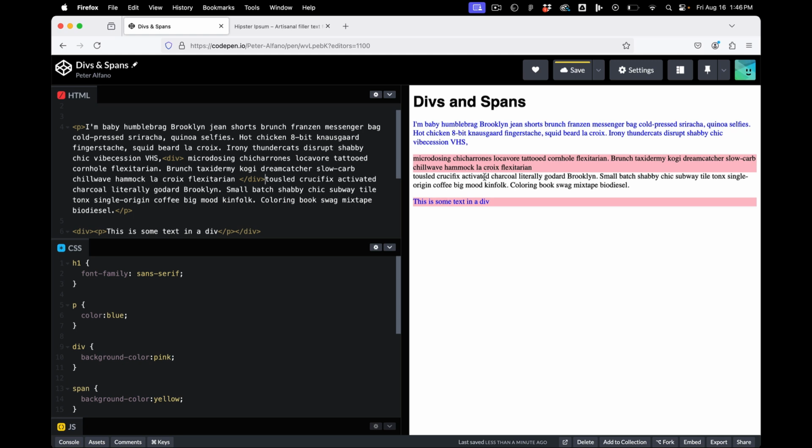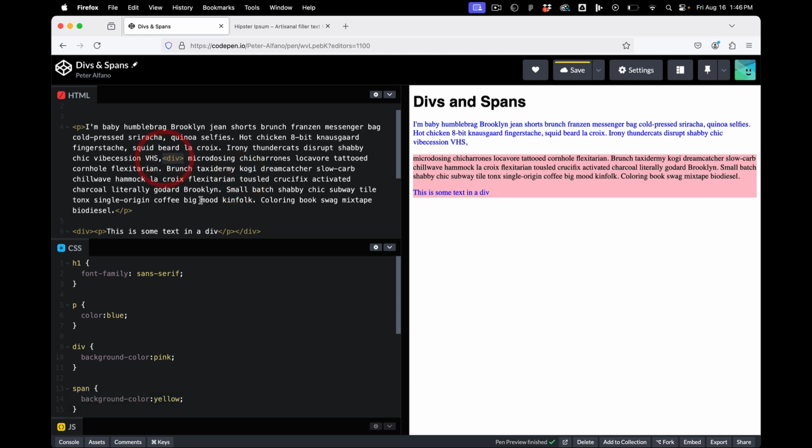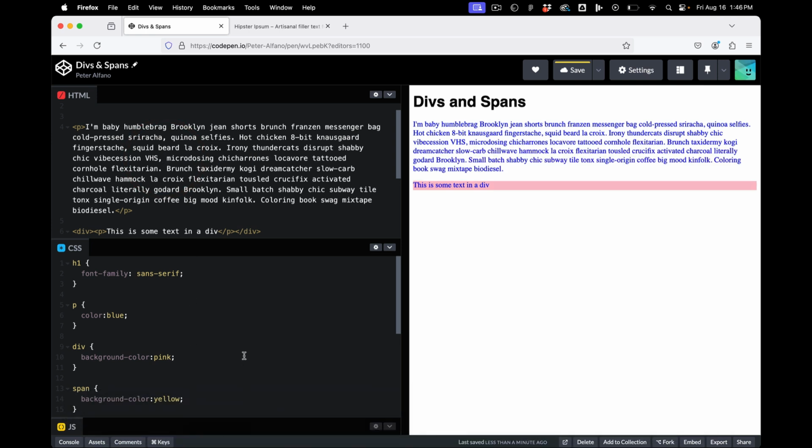It's trying to make a block, and then it's like, what's blue? It's just like, don't ever do this. This situation is what the span is for. Okay, so to recap, divs and spans are going to be what allows us to further organize and create structure in the page and move things around and control